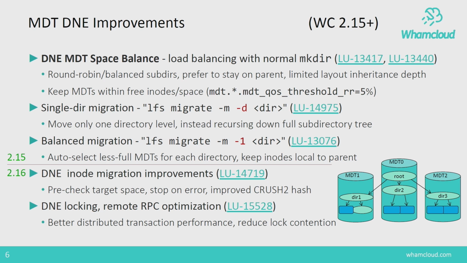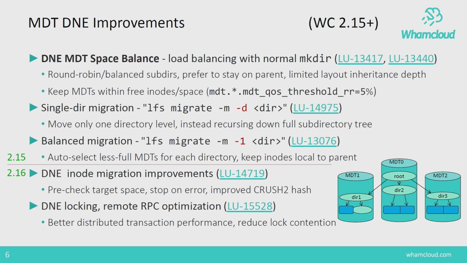We're trying to make the migration more robust, and we had to redo the hash function. There was a bug in the hash function, but because it's part of the protocol, we can't just fix the hash function. We have to make a new version, and so now we need clients and servers to understand the new hash. We'll backport it to 2.15, but it will be a while again before we can enable it by